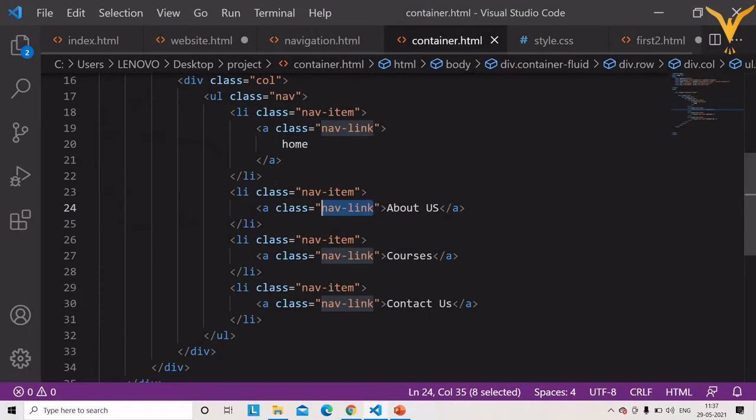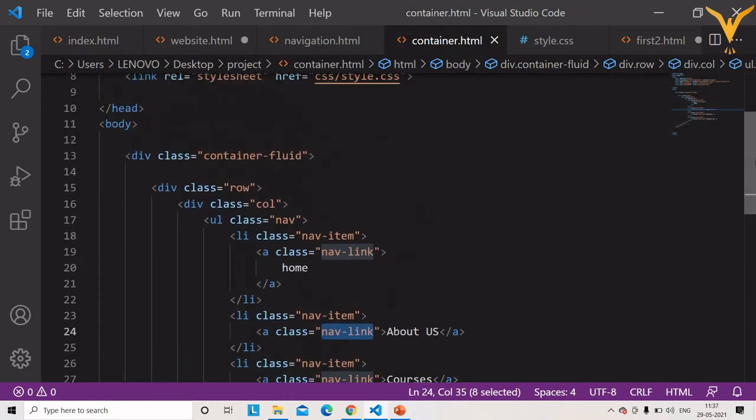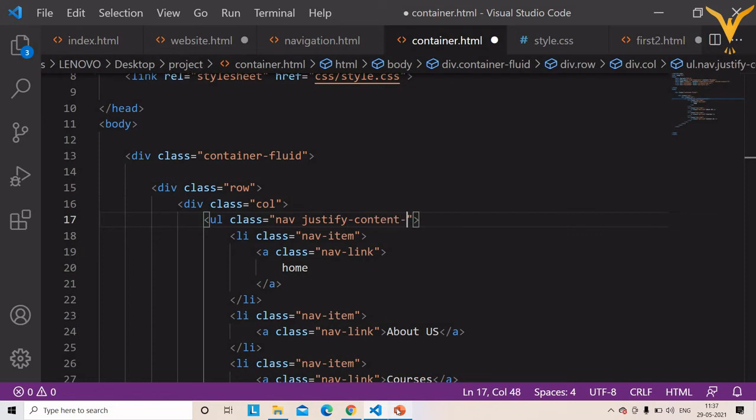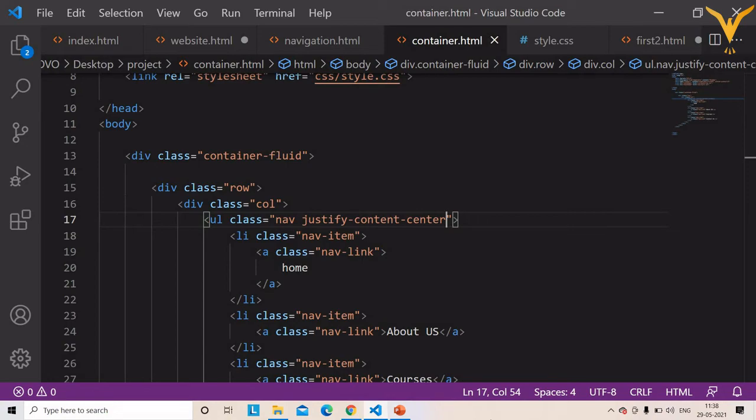So go to the HTML and inside the UL tag, we are going to write justify-content-center. Save it and execute. As you can see, now it is placed to the center of your website.